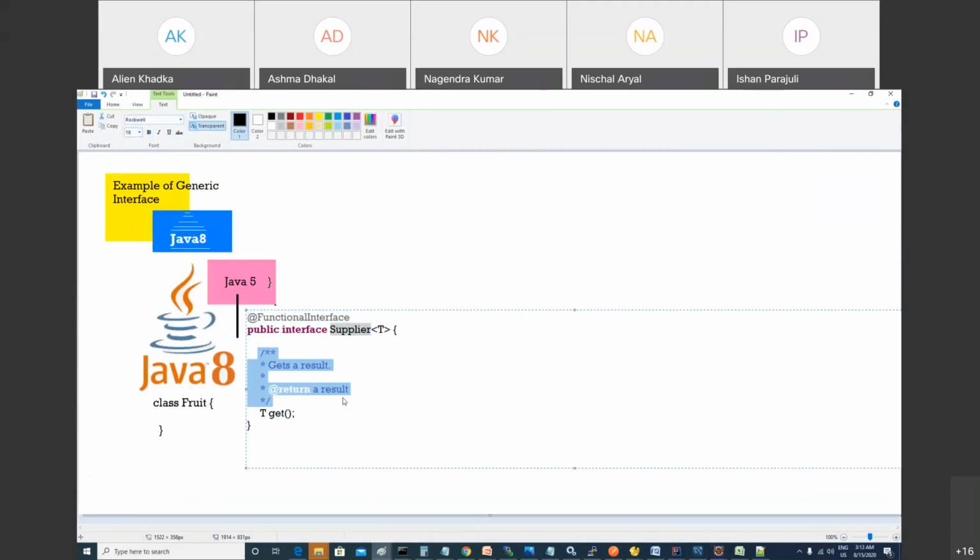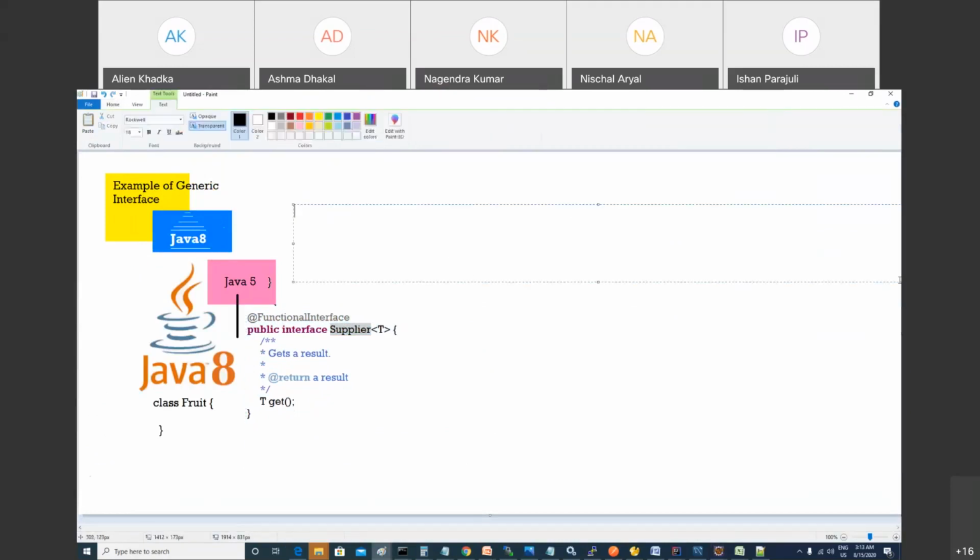That's cool. Done. Let me write it. It's easy, Asma. You know it, right? Supplier. What kind of data do you want to supply? String, right? So here you can write Supplier<String> s3 = new Supplier<String>, can you help me for that? And then you can write these curly brackets. Which method, Asma, do we have to write? Public String get. The method is get, right?